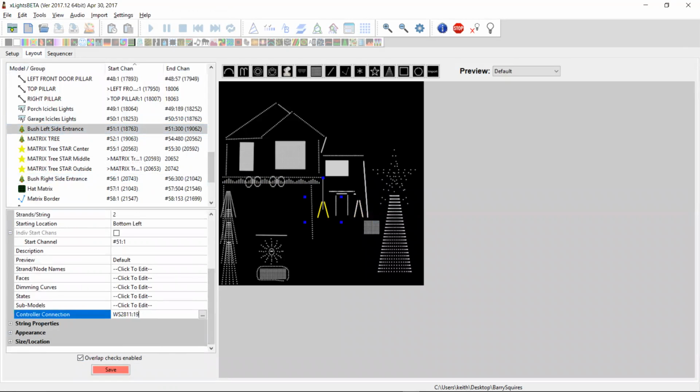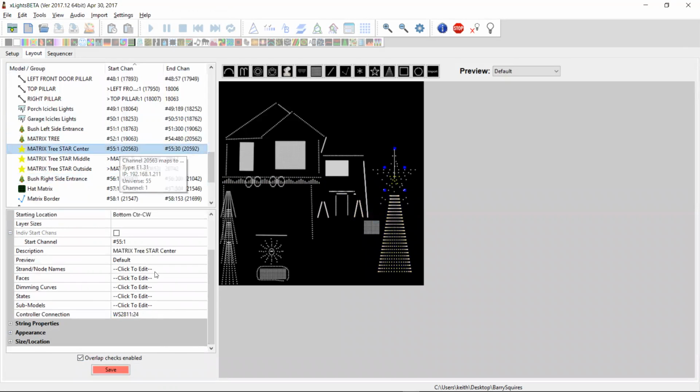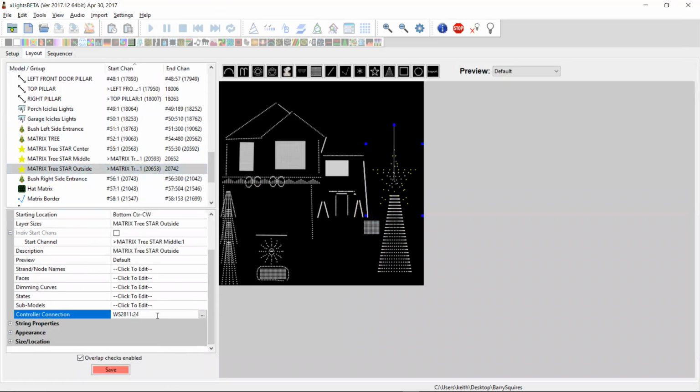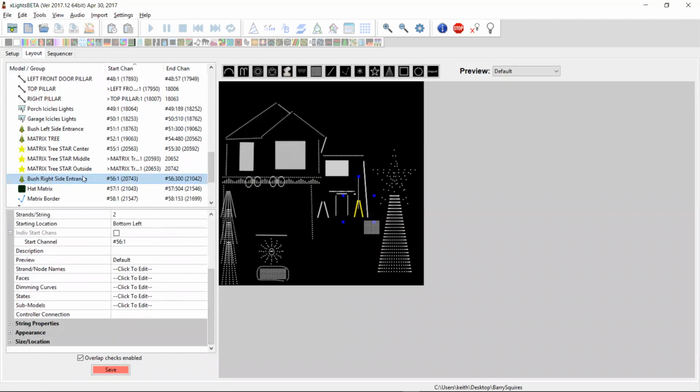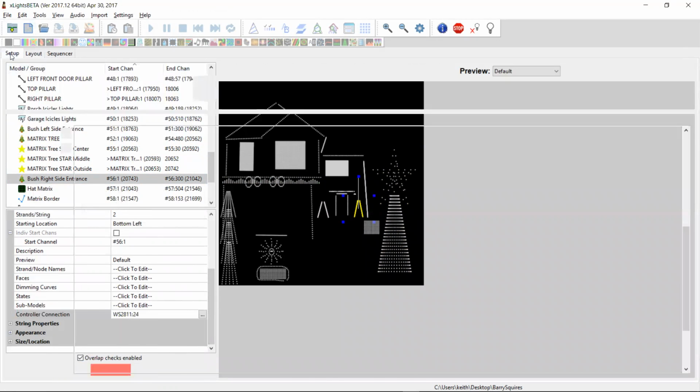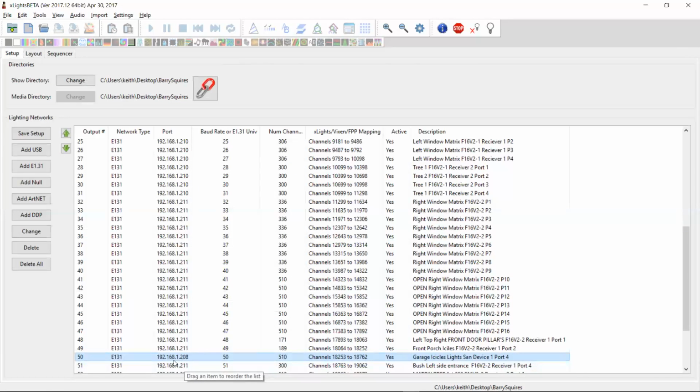So I'm going to have to change that to 19. Change that to 20. Change that to 23, 23, 23. All right, so we're back to the bush right side entrance. So that's 23, this is 24. The reason I knew that was wrong is if you look here at the IP address, this IP address is